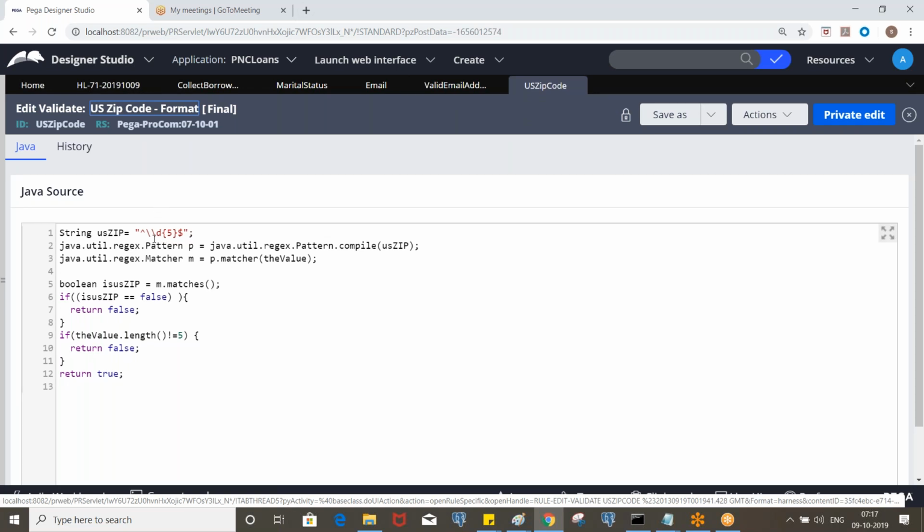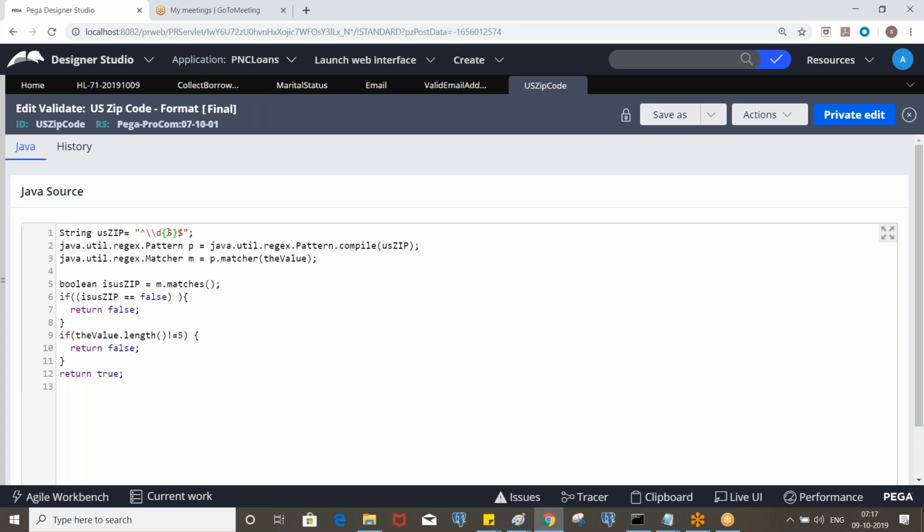It must be 5 digits. This contains what is called a regular expression in Java, which means the entered value should be digits and 5 digits only. If the length of the entered value is not equal to 5, it is going to display a message.